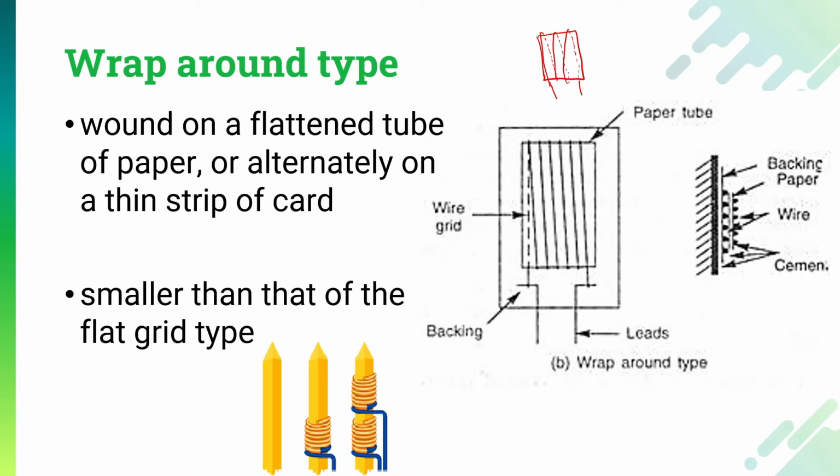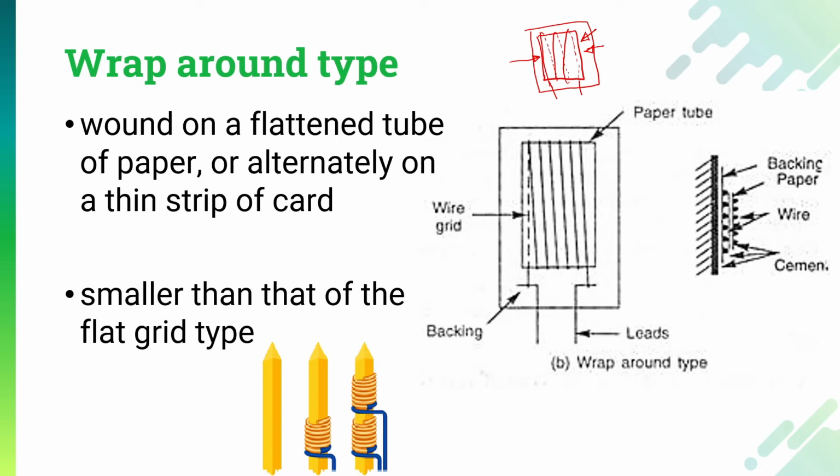Now, what is the main situation over here? Let us understand. Very first, this is the first material. Secondly, we are having the wire on the top. Thirdly, we are having the wire on the back. And lastly, we are having one extra backing material also. So this is going to be a thick strain gauge.